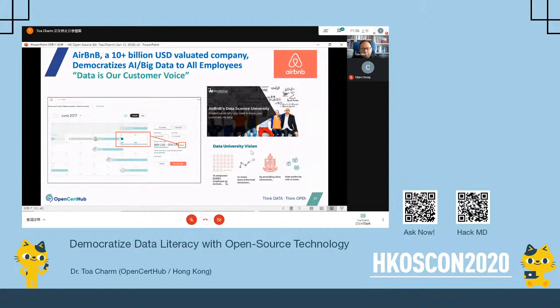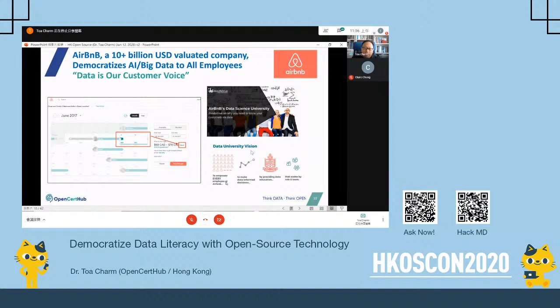Remember, I talked about the blue boxes and the yellow boxes about the different generations of transformation. So if we're focusing on technology, it's not good enough. And if we're focusing on the business model, making our customer happy is definitely the starting point, right? Airbnb actually started from the customer side. When they were small, they talked to different customers, whether hosts or guests. So they understood their needs, and they did a very good match on that.